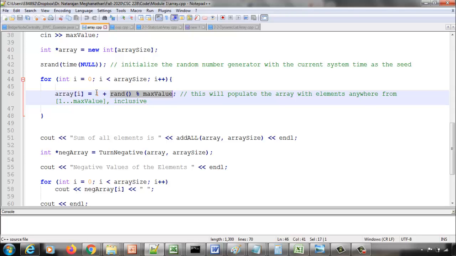So 1 plus 0 to max value minus 1 will now be anything from 1 to max value. So that's the range of integers we want to generate. Those will be the range of integers in the array. So now what we want to do is